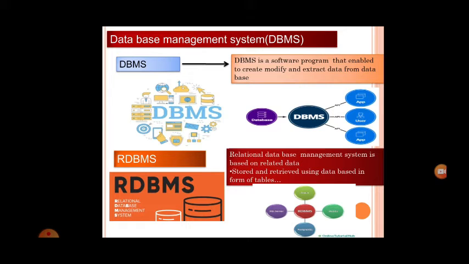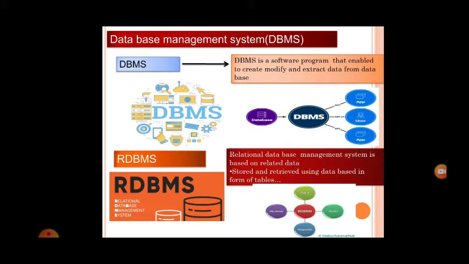So let us now learn what is RDBMS. You have heard the name, RDBMS. So what is an RDBMS? RDBMS is nothing but a relational database management system. So what is a relation? We also saw that a table is also called a relation. So there will be some relation between the data or between the columns. Either there is some relation between the rows or there should be a relation in the column. So there is some relation.